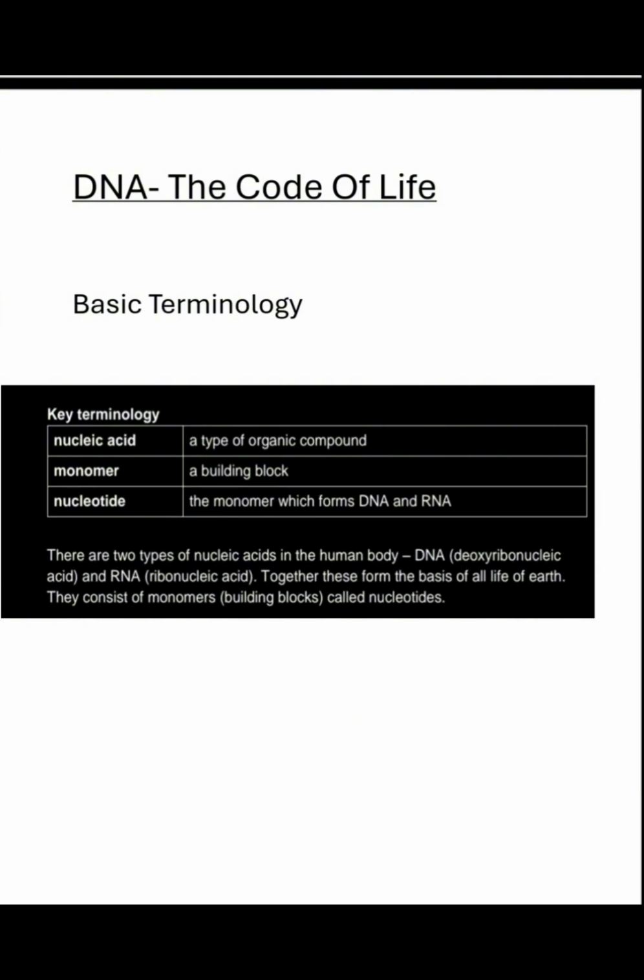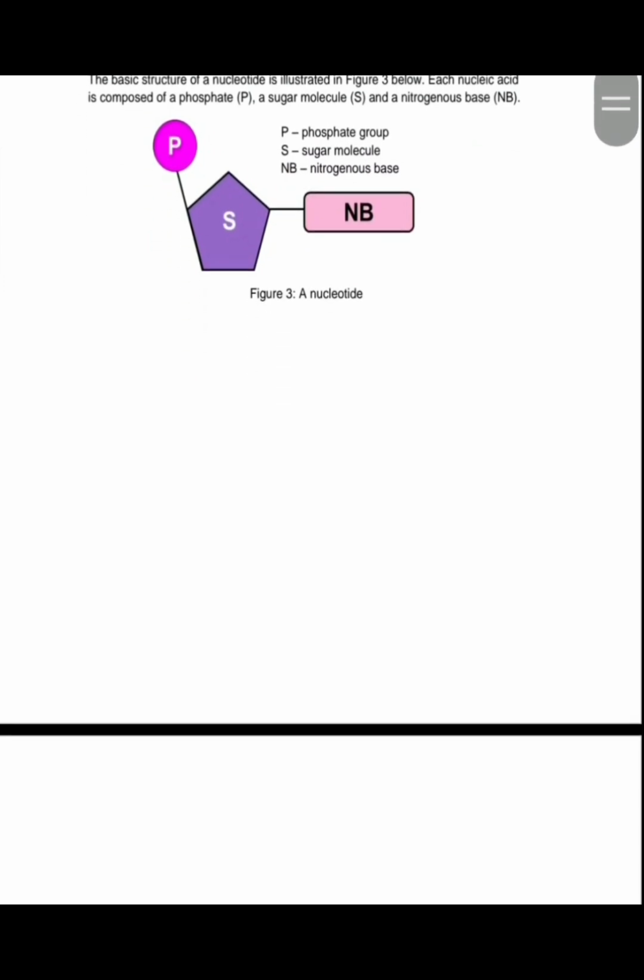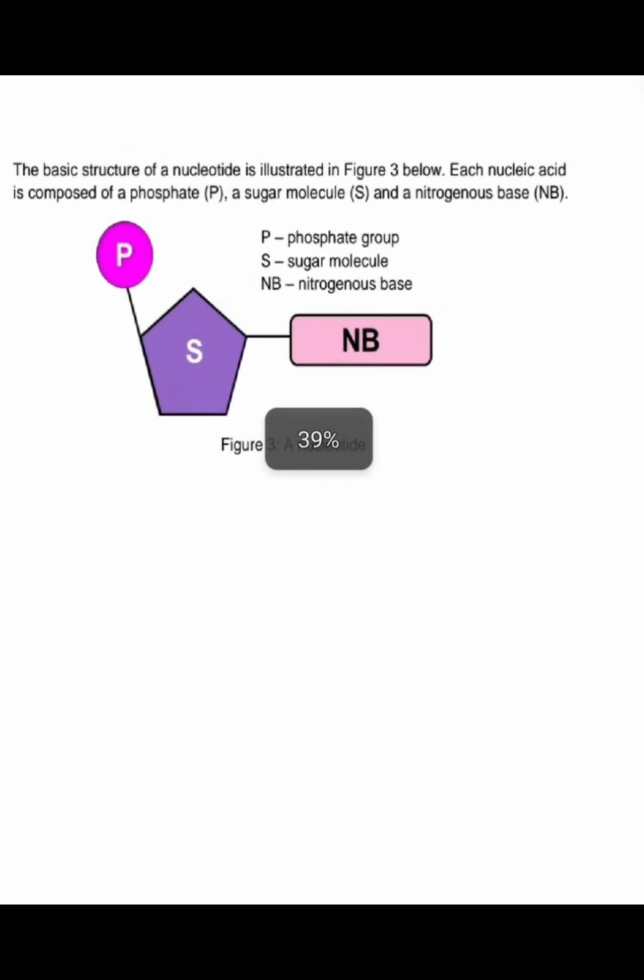Okay, so there are two types of nucleic acid in the human body, which are DNA and RNA. We'll learn more about RNA in the next video. Together DNA and RNA form the basis of all life on Earth, and they consist of monomers, like building blocks, called nucleotides. Then we are going to learn about the structure of